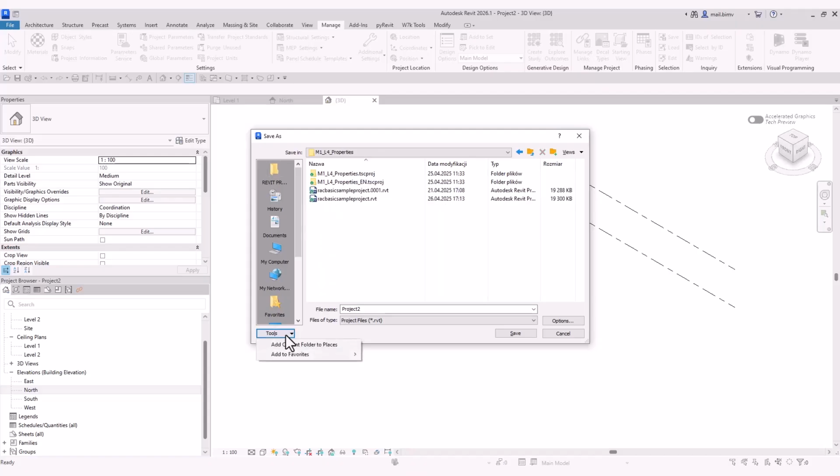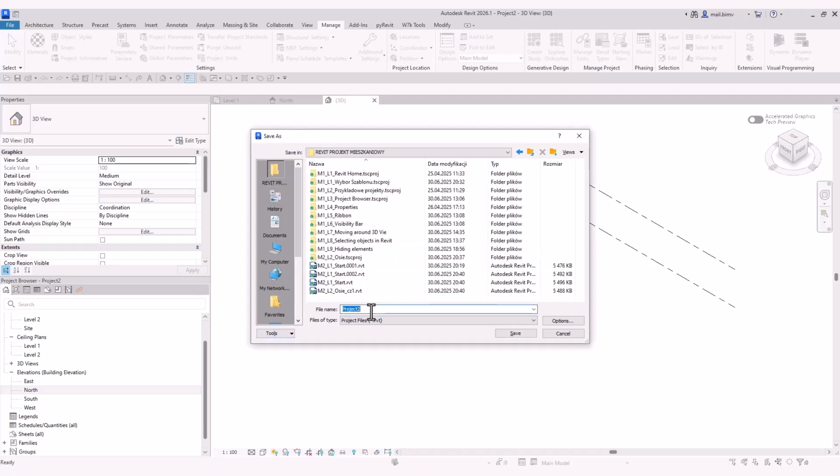For example, if I'm here, I click, and then this folder appears on my list, so it's very easy for me to access later on. I will remove it, go back here, and name the project. You can see that now the extension of my file is changing to RVT, which is basically standard Revit project